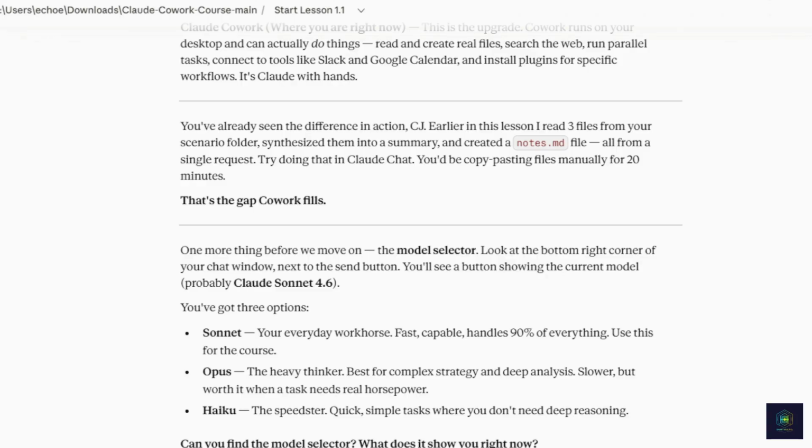Right now it says Sonnet, and that's for everyday work. It handles 90% of everything. I say 95%. Now Opus, that's the heavy thinker. It's best for complex strategy and deep analysis. It's slower, but it's worth it when a task needs that real horsepower behind it. Haiku, the speed option, is quick for simple tasks where you don't need really deep reasoning.